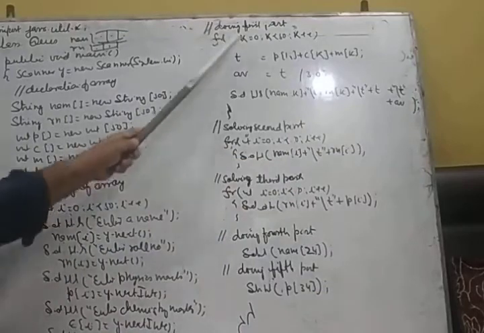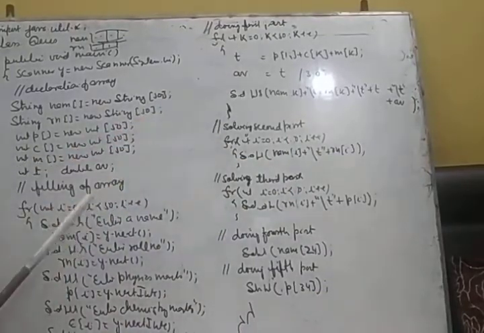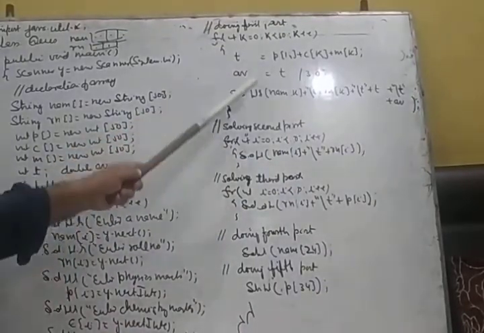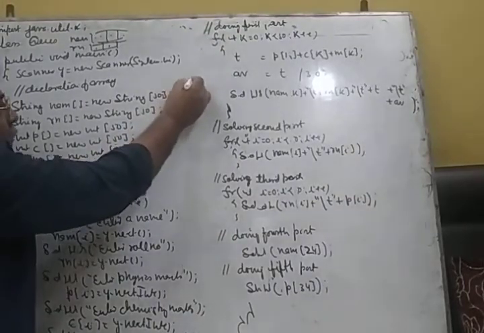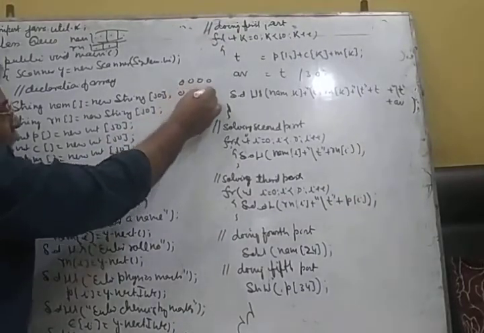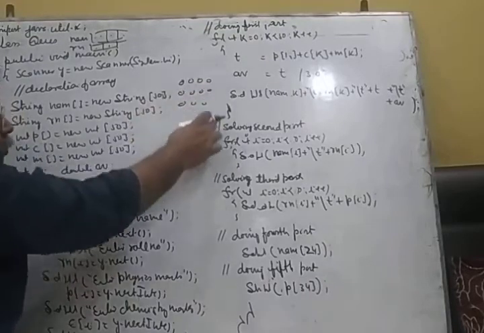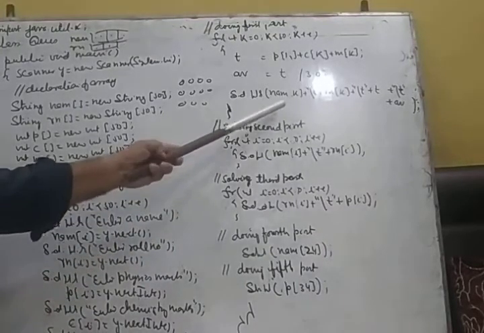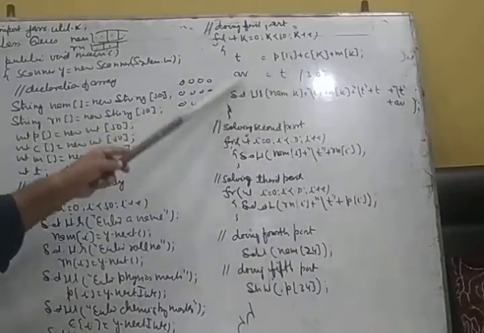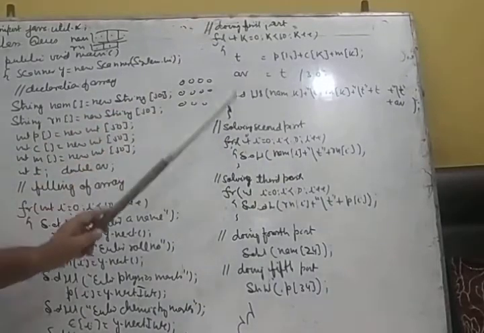Now you can see there is no hindrance of input. Input you have done separately, you are printing the value separately. So what is going to happen? Name, roll number, total, average. Name, roll number, total, average. The output will come in the form of a list. Now one work you have done, you have printed the name, roll number, total and average of all the students. Alright, one thing you have done.